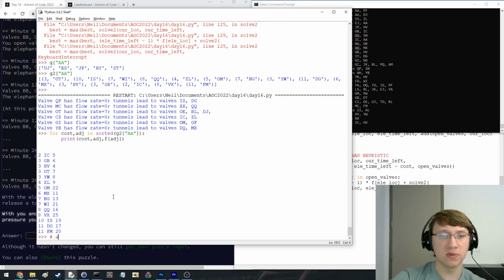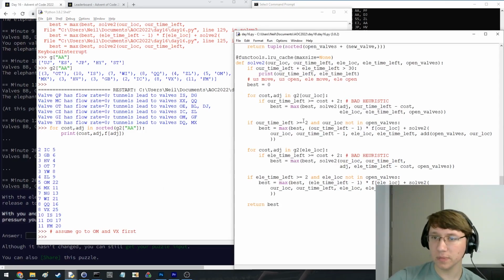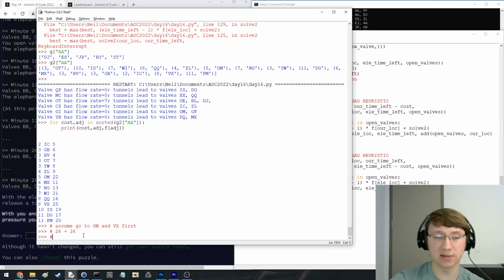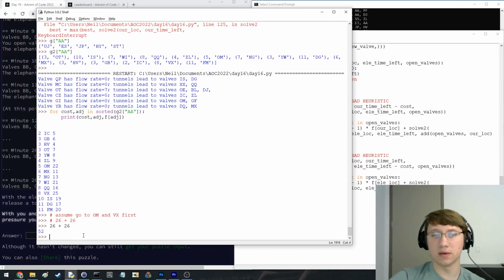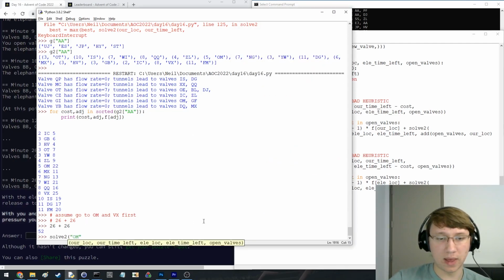What if we assume go to OM and VX first? So what are we going to do there? We're going to spend 5. I'm just going to make sure I get the time right. So of our 26, initially it's 26 and 26, which is 52. And if we go to OM, that's going to cost us, let's see, OM. And we are now going to have, that cost us 5, so 21 left. The elephant is going to go straight to VX, and that is going to mean that the elephant has,